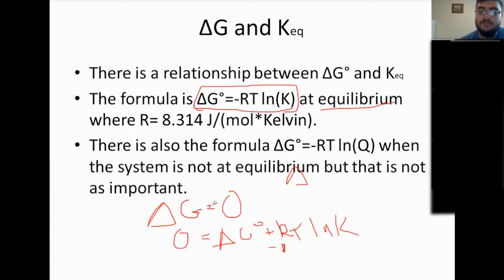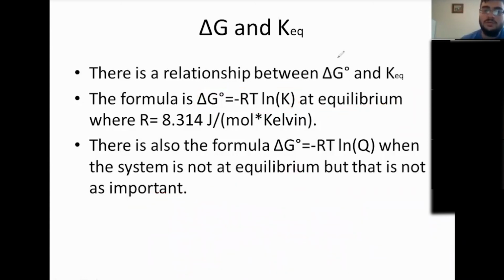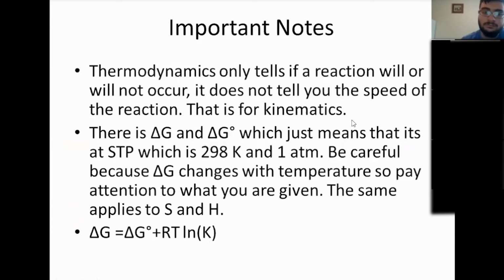And at equilibrium, delta G is always 0. This is another thing I maybe didn't mention. Delta G is always 0 at equilibrium, right? And the way you get from delta G standard to delta G is through that equation. Okay. Any questions about anything on this page, or anything in general so far about this lecture? Because this is the last slide.